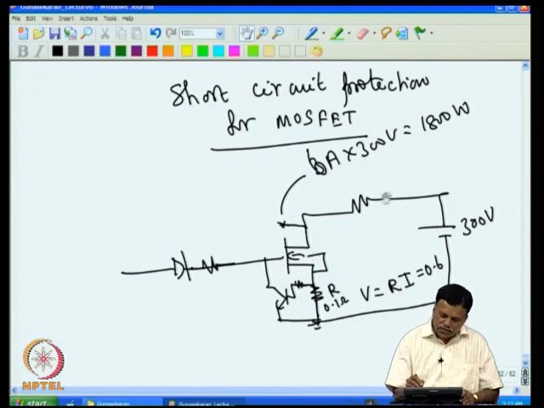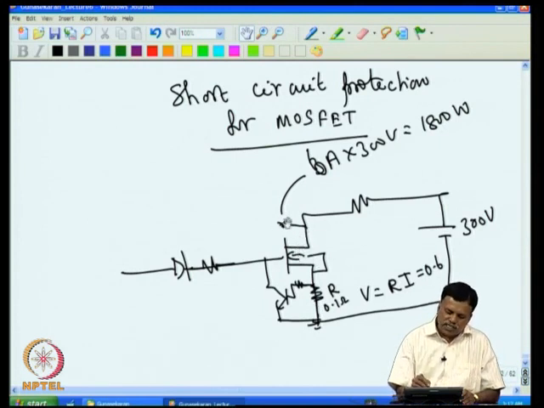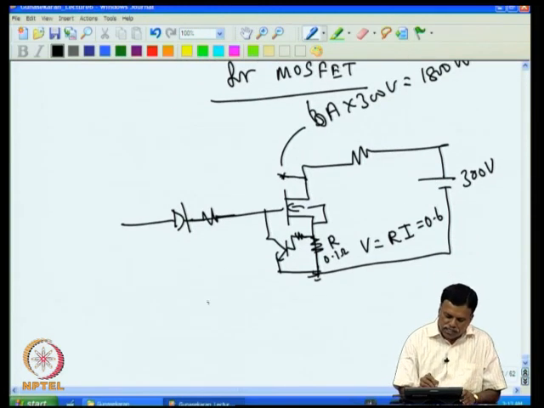But if it is short circuited and if the current is limited, then you will see almost all the voltages across the MOSFET. So we should sense this and then switch off the drive itself, then only the MOSFET can be protected. So what we have to do is, we have to sense this one. The next stage is, you will sense this